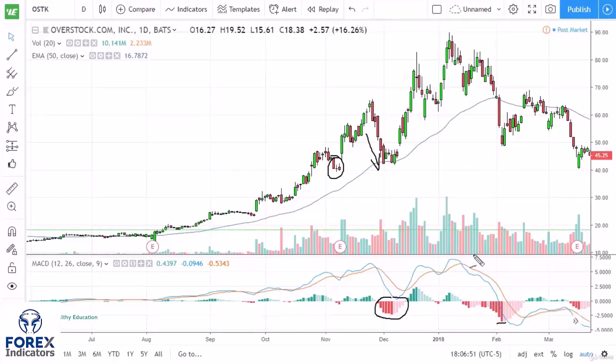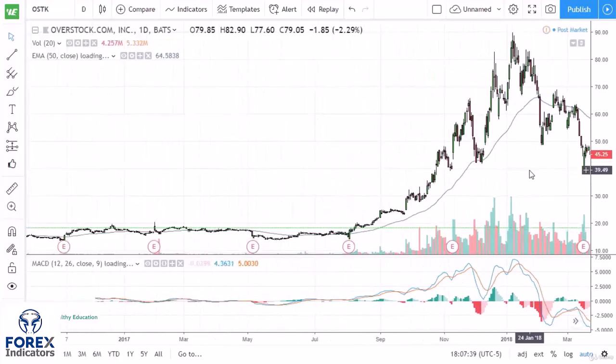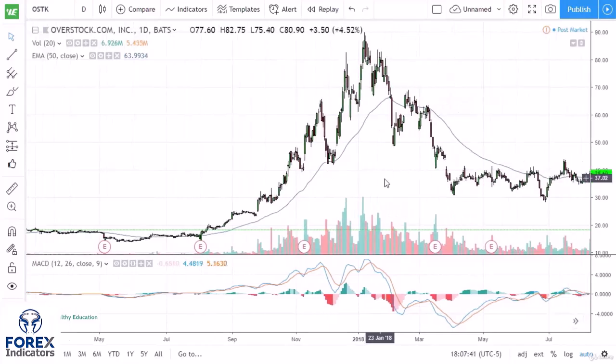You can see that the histogram in the MACD had gotten lower as we had risen. That shows that we are losing momentum, and that was your first sign of trouble. And then the low had gotten lower, so that shows that the sellers are starting to become more aggressive. There's a lot of different ways you can use these indicators, and they are some of the more common ones